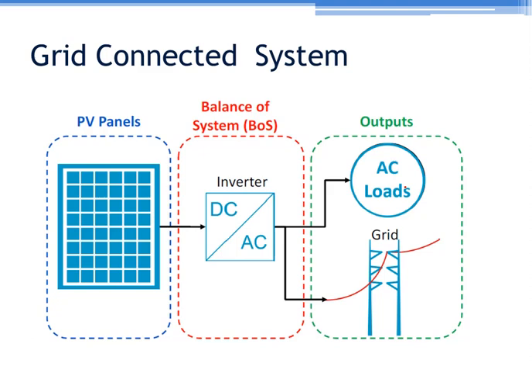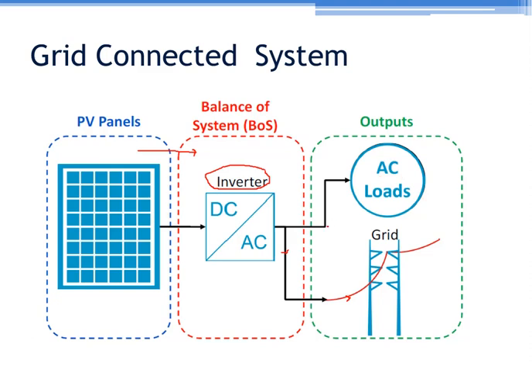When we take grid connected system, normally the idea here is to generate the power and send it to the grid. So here we don't need batteries. This needs only a panel of large size, normally few kilowatts to megawatt range, and we need an inverter. We call it a grid tie inverter. So there is only one component required, and this grid tie inverter is regulating the power with required frequency with the grid, and it is connected to the grid through the cabling arrangement. And now grid will distribute that power to the various loads.